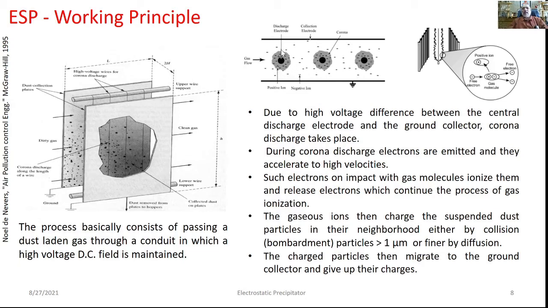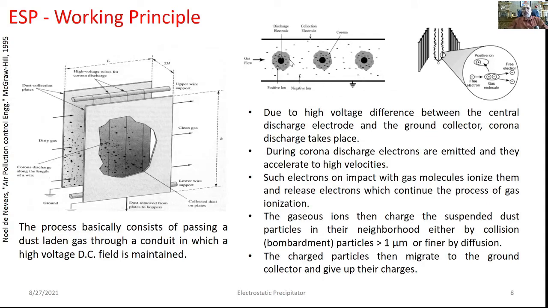Whereas, as it leaves this, it won't be having the influence of the electrical field, and electrons will simply be moving towards these particular grounding plates. As they keep on moving, whatever particulate they come across, they will be catching, and this particulate will also get deposited over this surface as it moves with the electron.